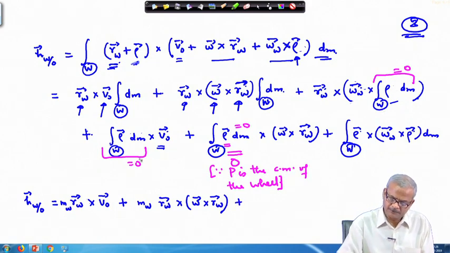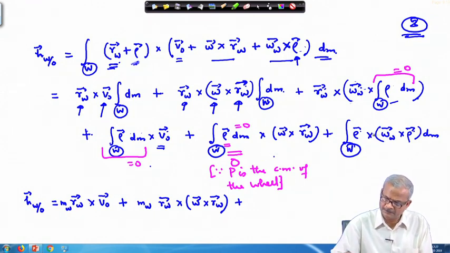The third term drops out, this term drops out, this term also drops out. So, 3 terms together in a sequence are getting dropped out, and the last term is nothing